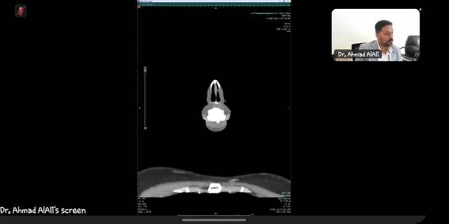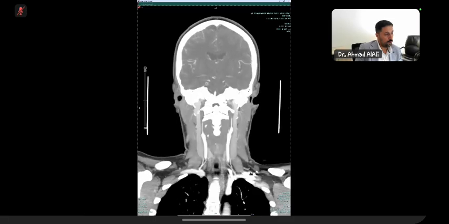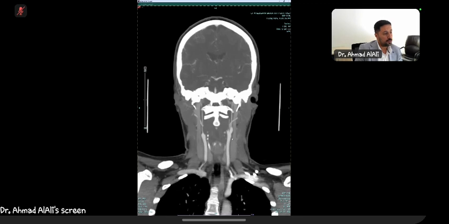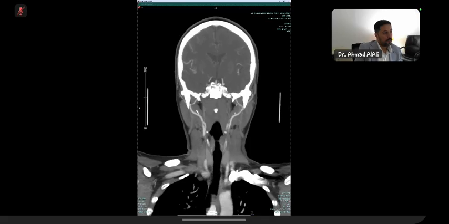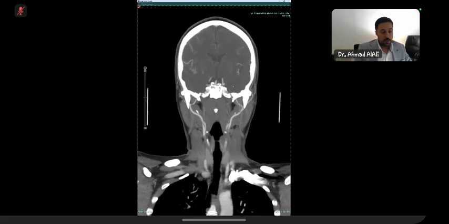Let me help you with the coronal ones. These are the coronal ones. Can you see anything here? Okay, no worries. So basically, what differential diagnosis or other disease entities can cause hyperintense FLAIR signal in the sellar site? Anything else other than